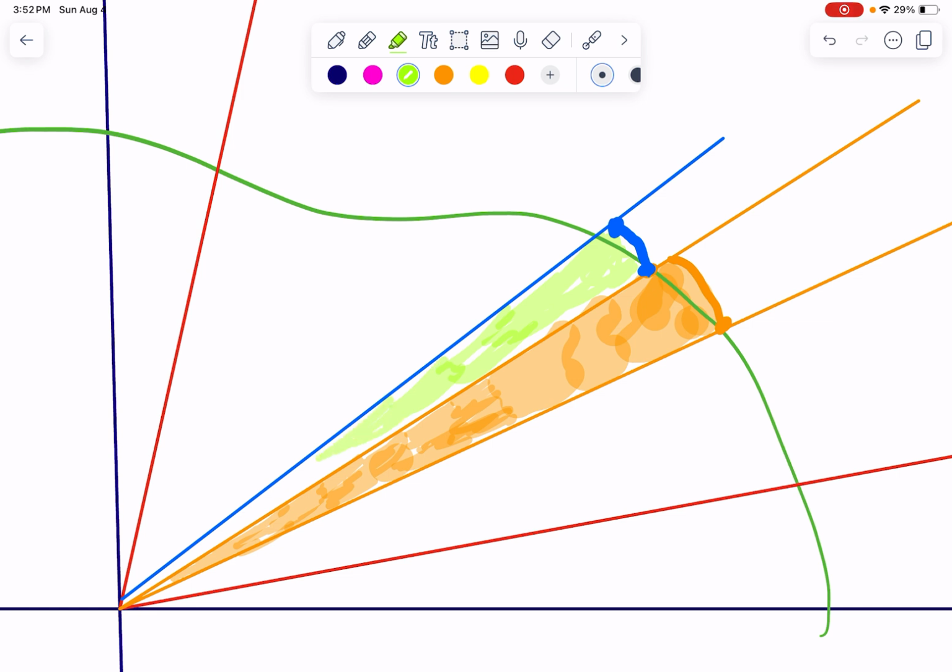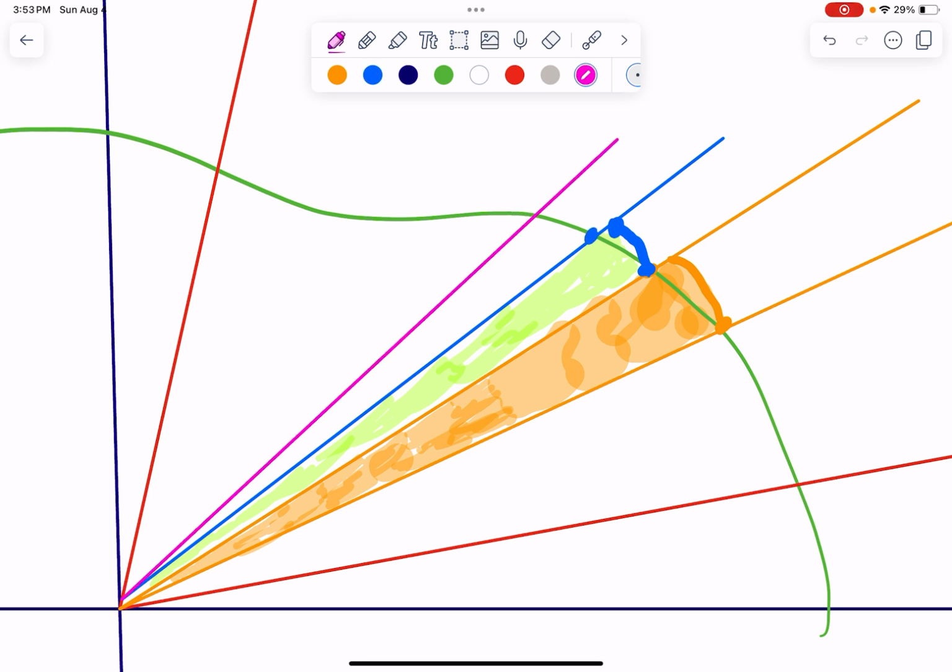And hopefully what you can start imagining is if I have a bunch of these, probably the combined area of all of these sectors is similar to the true area I'm trying to find. It's not perfect, but if I have a bunch of slender sectors,